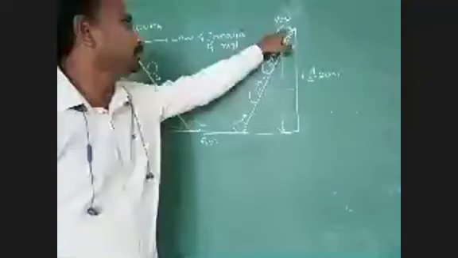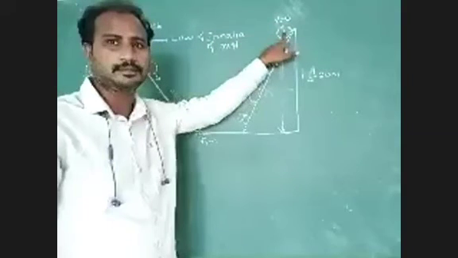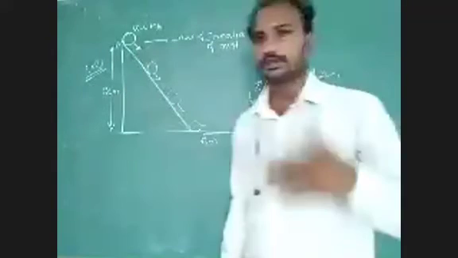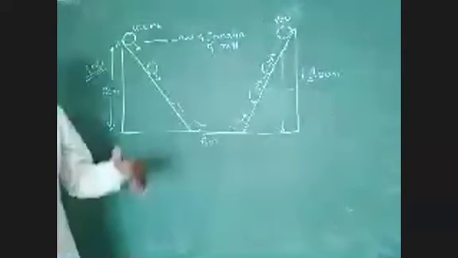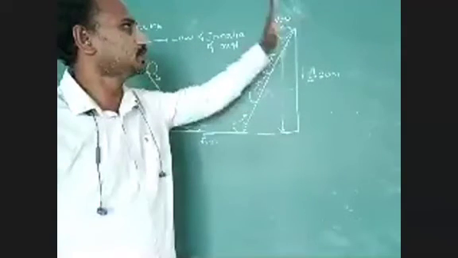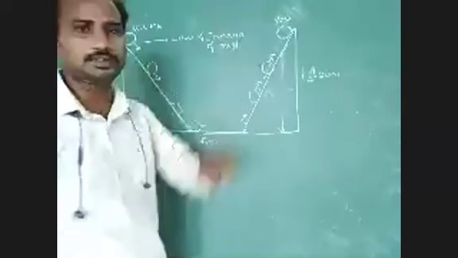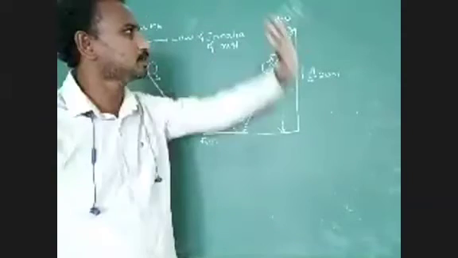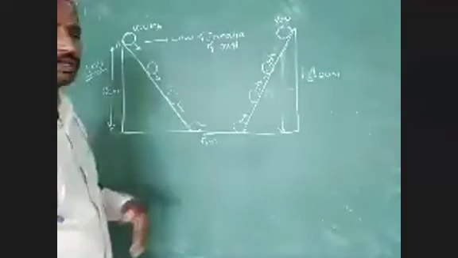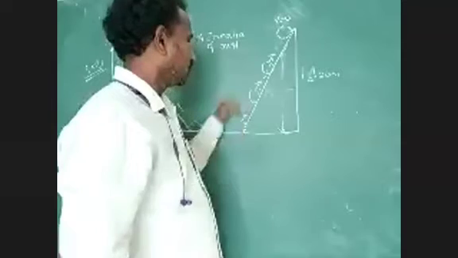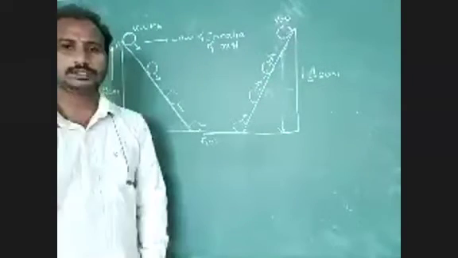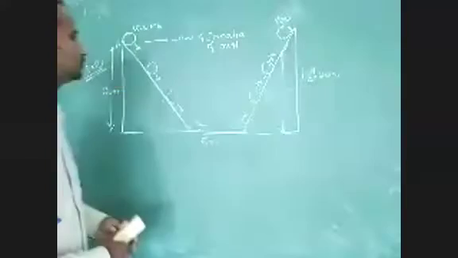Here the body tried to reach its initial state. That is inertia of rest. Every body will try to reach its initial state. So here the initial state of the body is rest only. Because of that reason, it tried to reach its initial state. The initial state of velocity is 0, so the final velocity equals 0. What is the initial height with respect to ground? 20 meters. Because of that reason, this body moves on the inclined plane surface up to 20 meters. Understood? Put down this example problem.